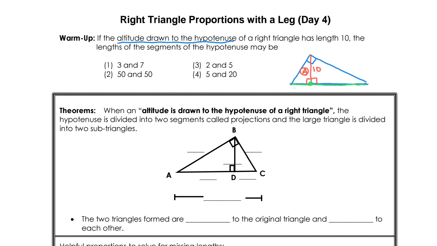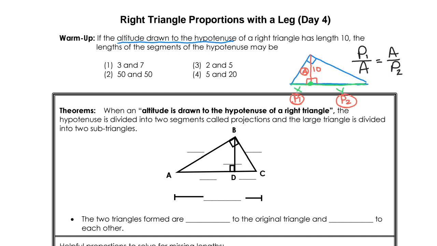So we don't know this one, and we don't know this one. I'm going to call them different letters because they're probably going to be different lengths. And we know that this is called projection 1 and this one's projection 2. And anytime our problem has to deal with the altitude, we know our proportion is "pigs are awesome pets,"